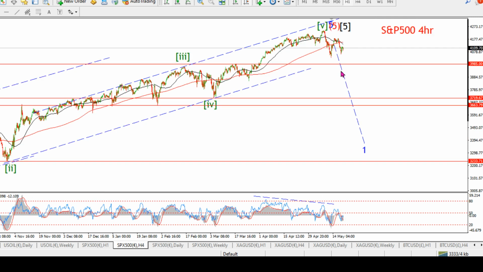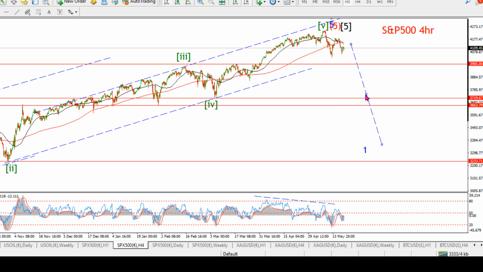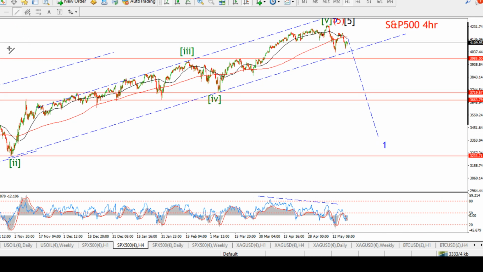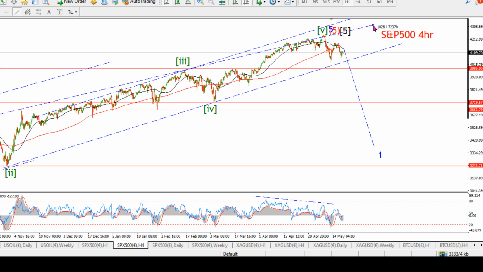Okay, S&P. We have the 4-hour count here, the long-awaited turn into a wave 1 down, also maybe building here. We don't have the ending diagonal pattern, or do we? Forgive me. Yeah, we do, but I don't have the trend lines built as I do on the other one. I don't know why. I am behind the times there. Give me a second. Okay, that's the upper line of the wedge in wave 5 blue. We touched it, we skirted along it for a while, and then we have broken down